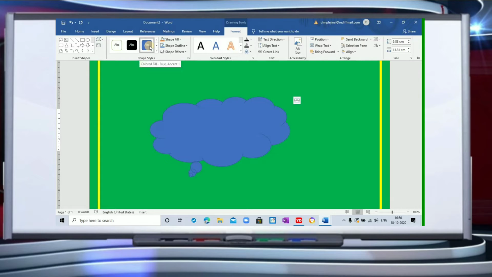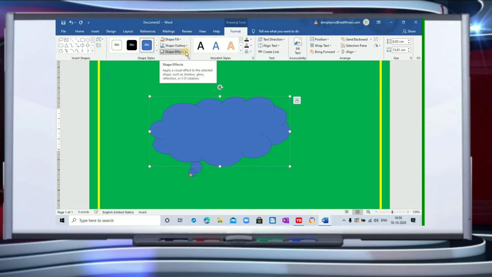Similarly here. You can go to this drop down, move down, and find so many other options. One more thing is shape effects, even shape outline and shape fill options. These options are also required for your shapes.